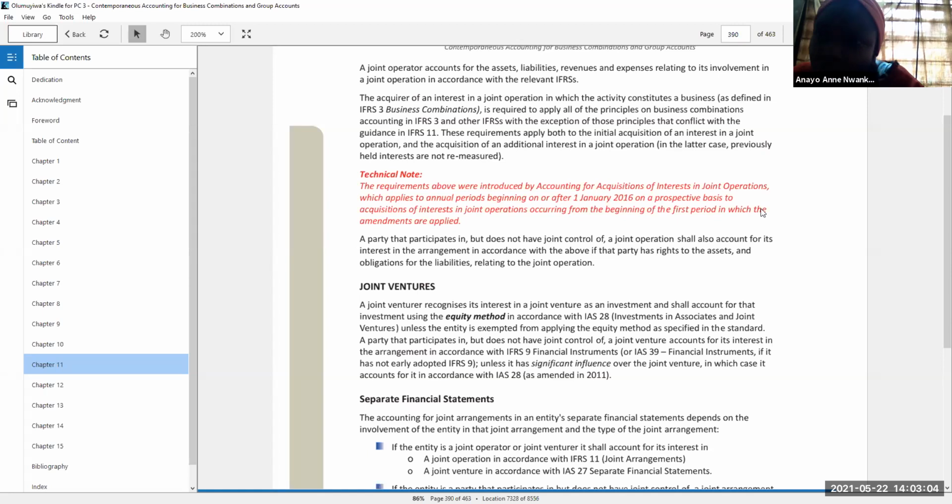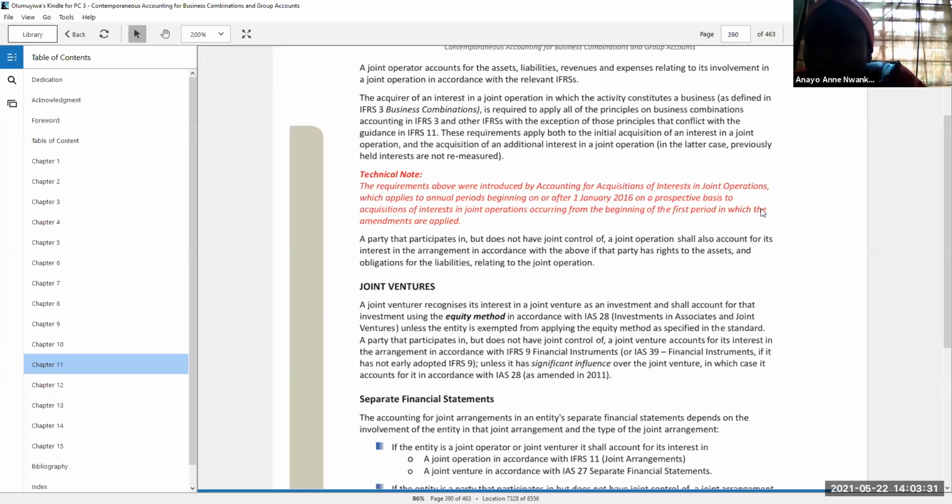The requirements above were introduced by Accounting for Acquisitions of Interests in Joint Operations, which applies to annual periods beginning on or after 1st January 2016 on a prospective basis to acquisitions of interests in a joint operation